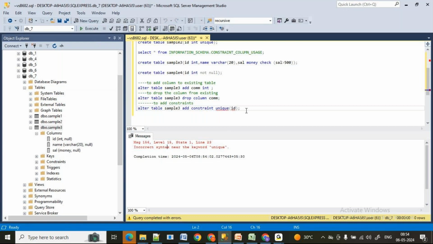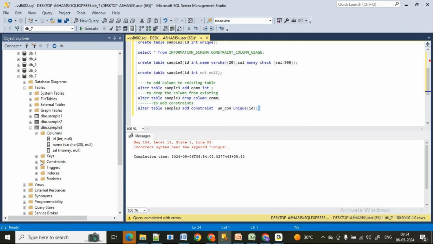You should think logically that okay, might be a constraint name, or else, what should I do now? Try different ways. You will get the answer. I know the syntax, because one time I saw that, and now I can easily identify. Okay, the constraint name is missing. Let me add one constraint. What was the constraint I want to add now? Okay, this one. Now let me create this one.